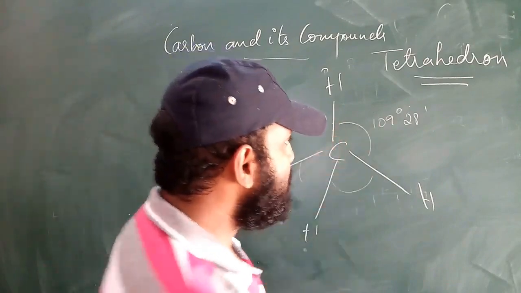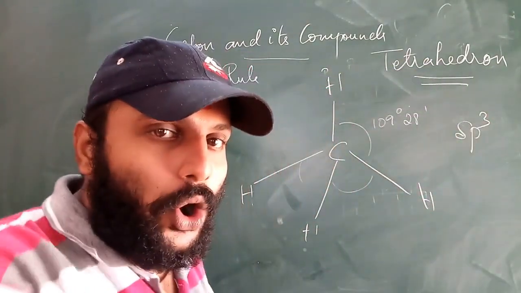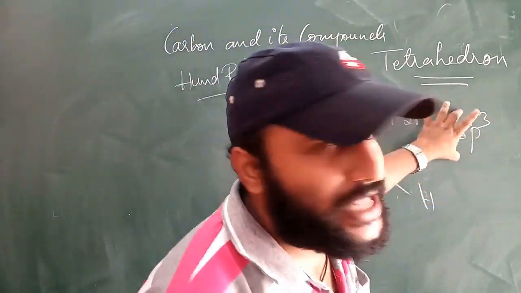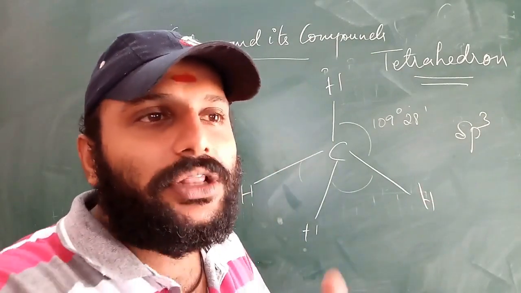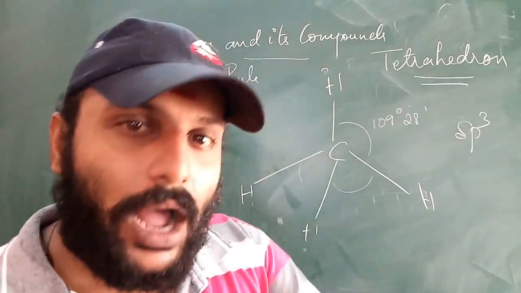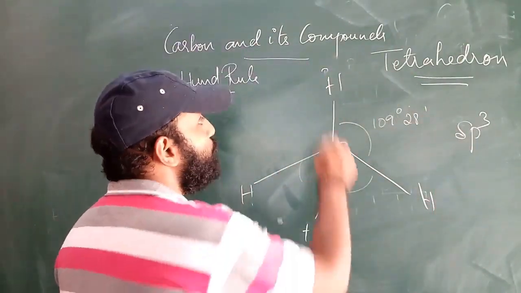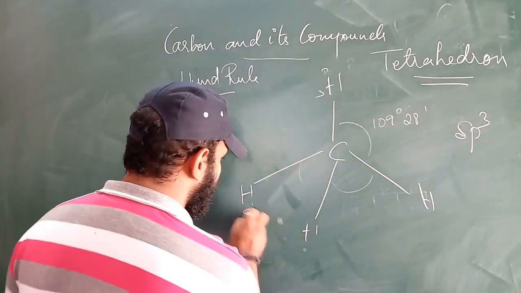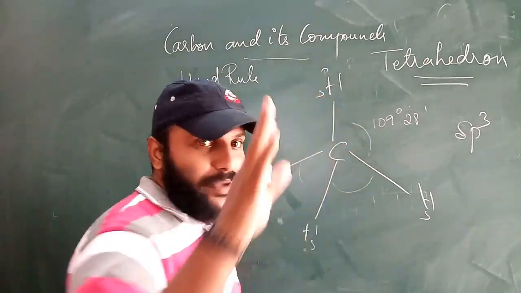Okay, so sp3 hybridization. In sp3 hybridization, what is that? All the 4 orbitals undergo hybridization. All the 4 means what? 1 s orbital and 3 p orbitals will go for hybridization. So all the 4 hybridized orbitals will make bonding with the 4 hydrogen atoms to form what? sp3 bonding. Now here, it contains what orbital? Hydrogen has what orbital? S orbital. Here also S orbital, S orbital. And carbon contains what? 4 sp3 orbitals.